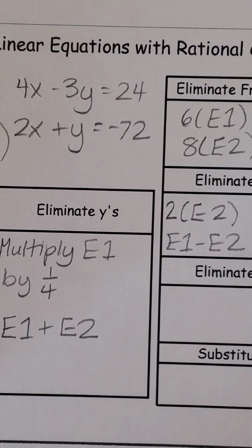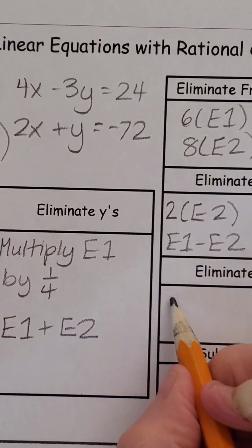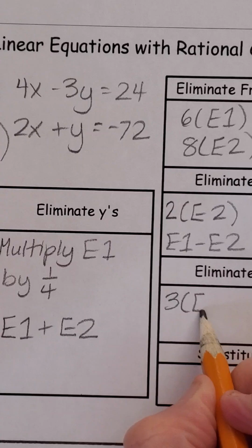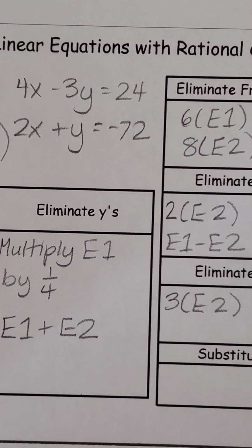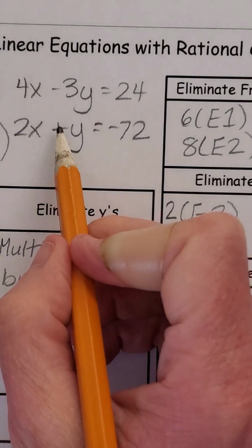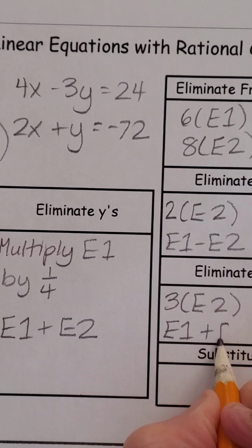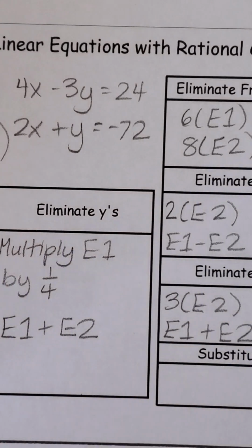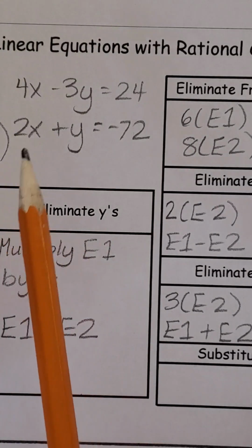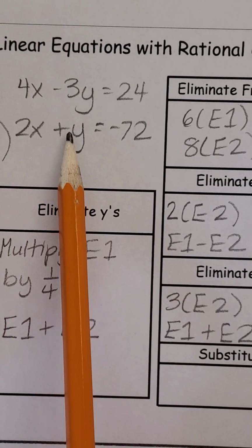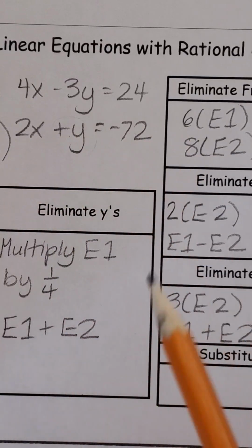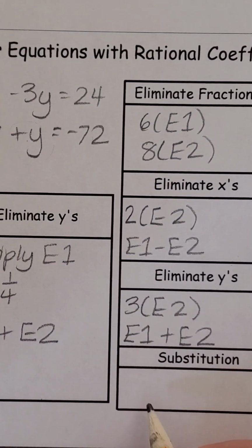In order to eliminate the y's, we would multiply the second equation by 3. And then because we've got those opposite signs, we would add them. And then if we were going to assess this based on substitution, which variable would you eliminate? Well, we know that we always want to look for a coefficient of 1 or -1, which is this one right here. So we would isolate